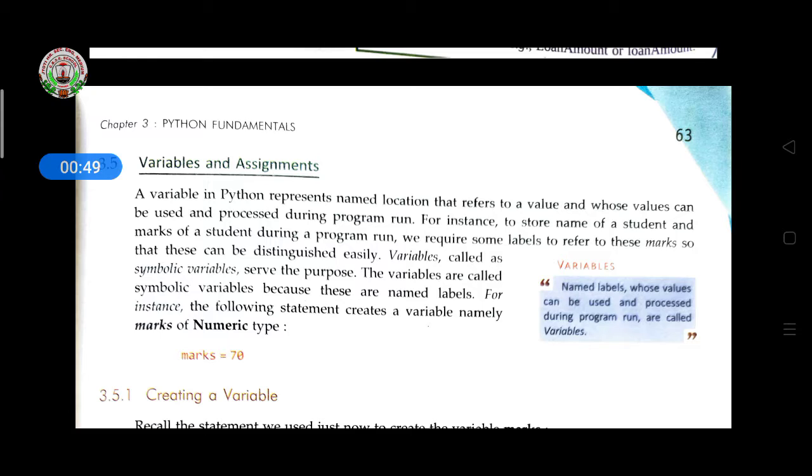So here, suppose you are writing a program to find the average marks of a student. First of all, you have to give the marks of each particular subject, meaning English this much, Hindi this much, science and social this much, and you have to mention those first. Then afterwards you have to do the calculation. So first of all you have to store all the numbers in variables.